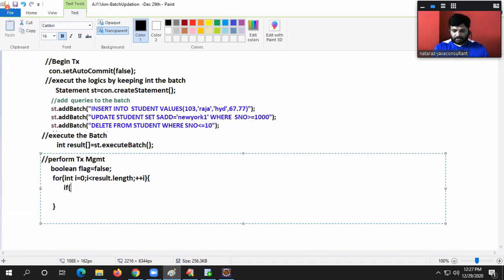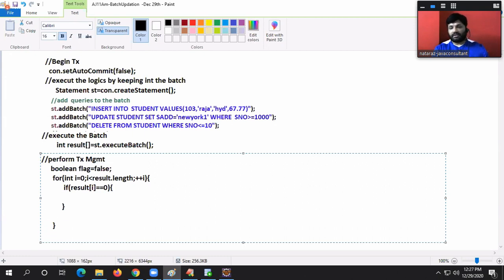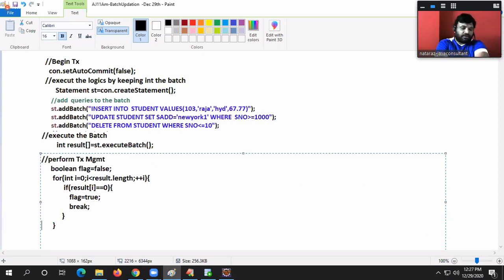If result of i, any element, is 0, what am I going to do? Yes, simply flag is equal to true, then break. Sir, why should I break the loop? Does break break the loop or break the if condition? Check it out. Break breaks the